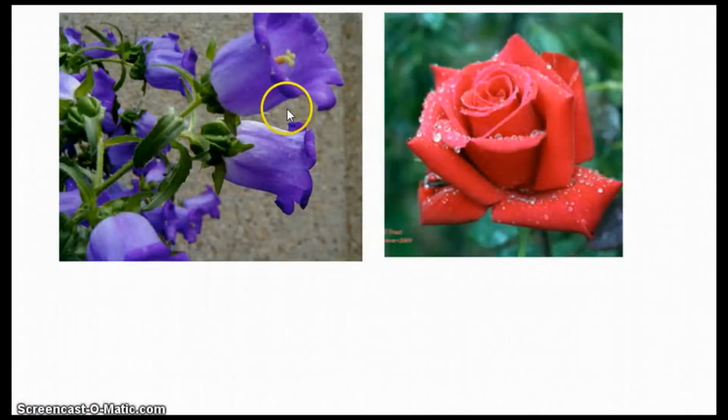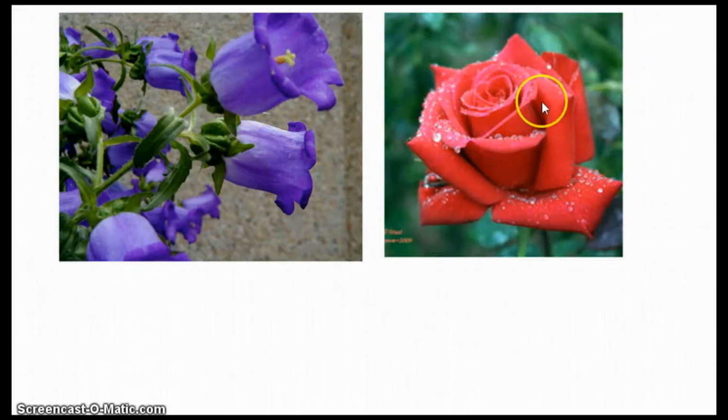So you must be wondering how sepals or petals are joined together or not. This is a bell-shaped flower. The petals are in the shape of a bell, and all the petals are joined together to make this funnel-like structure. And you can count the number of petals. This is one petal, this is two, three, four, and the fifth is towards the back. So in total there are 5 petals, and they are all joined together.